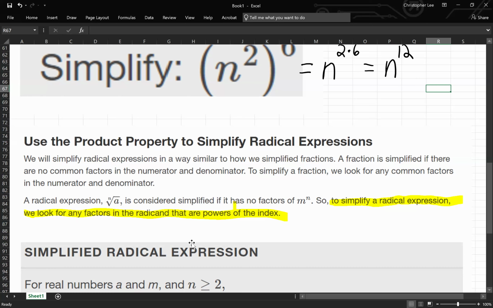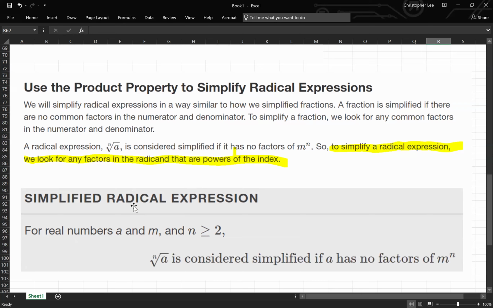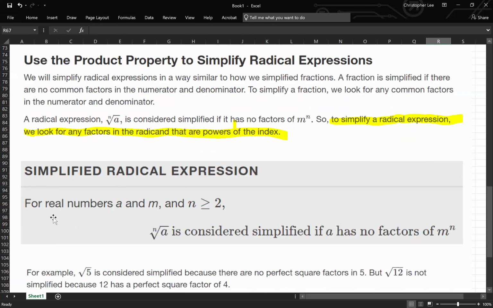index. Let me say that again. We look for any factors in the radicand, that's the a right here, that are powers of the index. That's the n right here for the nth root. So for simplified radical expressions, for real numbers a and m and n greater than or equal to 2, of course, the nth root of a is considered simplified if a has no factors of m to